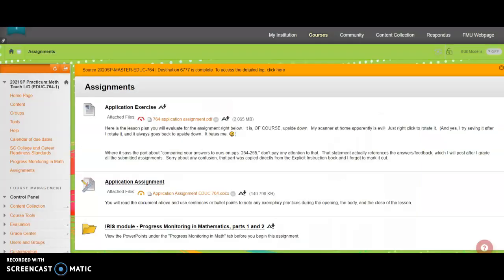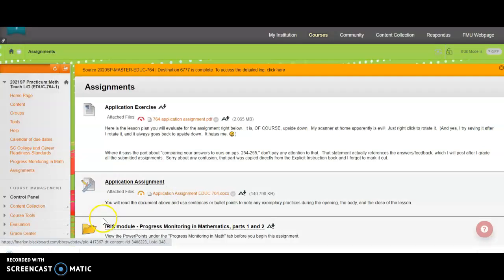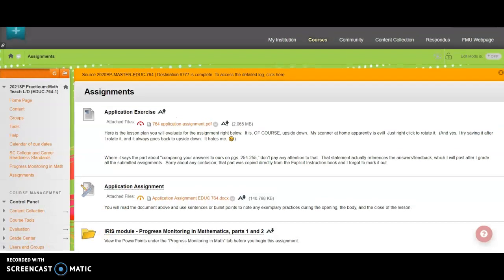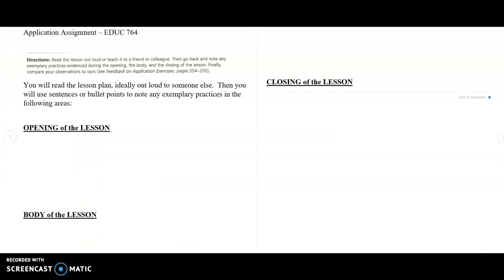And then the assignment is right here. So all you'll submit, you'll just go right here. It's a Word doc. And of course, as per always, it's behind the timer. You'd think I would learn this by now, y'all, but I don't. Sorry, it's always behind the timer.